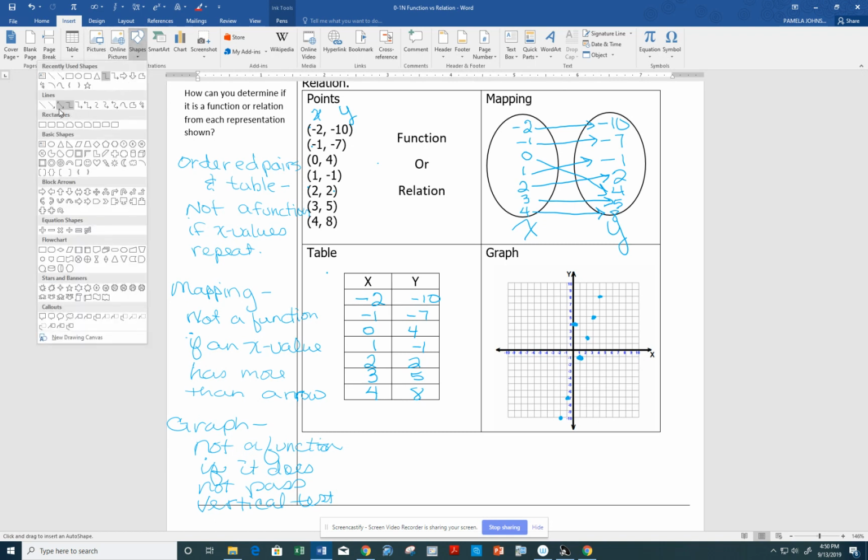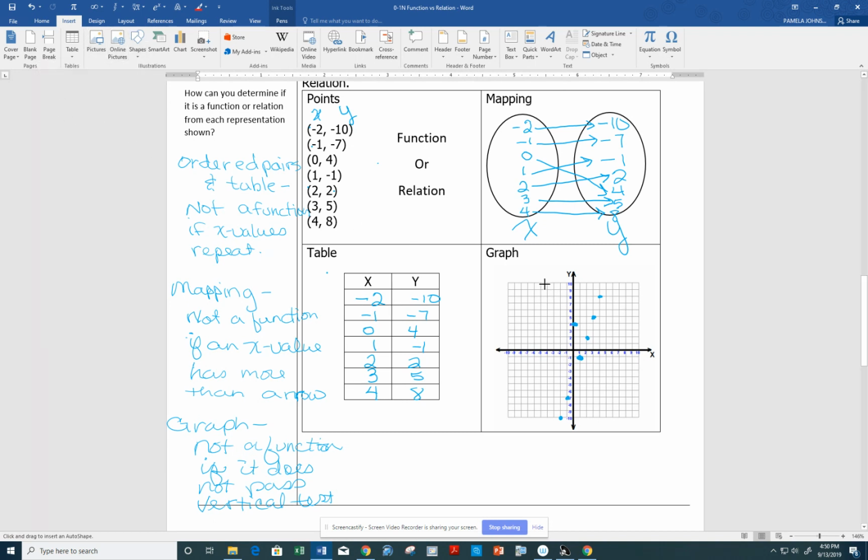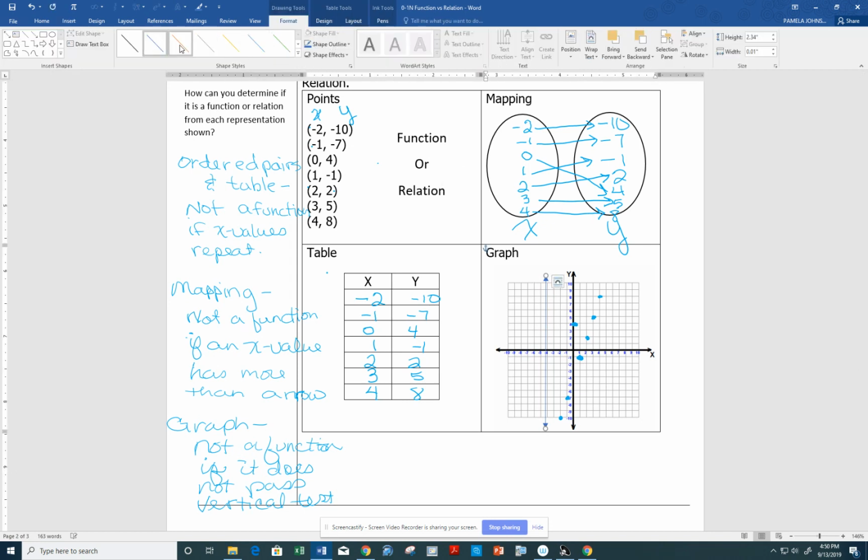Wrong shape. I want a line. All right. So if I were to take a line and put it anywhere on my graph, let's make it a thicker one. If I were to take this line and move it anywhere,